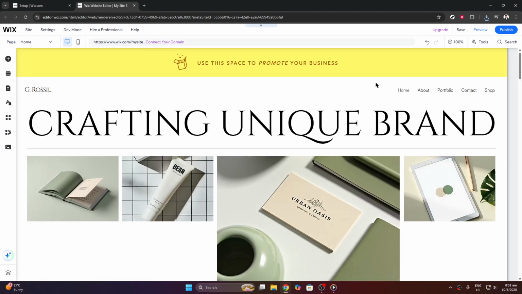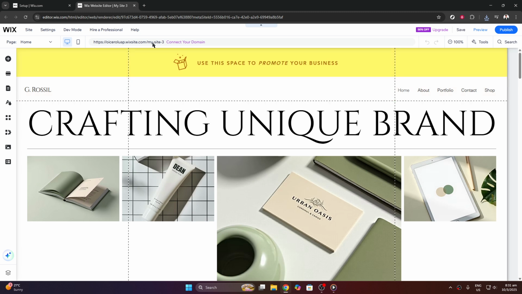This is where all the magic begins. If you're not already logged into your Wix account, go ahead and do that. Once you're in, you'll be presented with a range of options for your site. The setup page is your hub for managing your site's overall settings, so it's a good idea to familiarize yourself